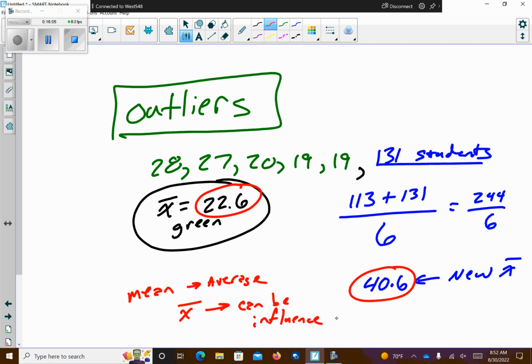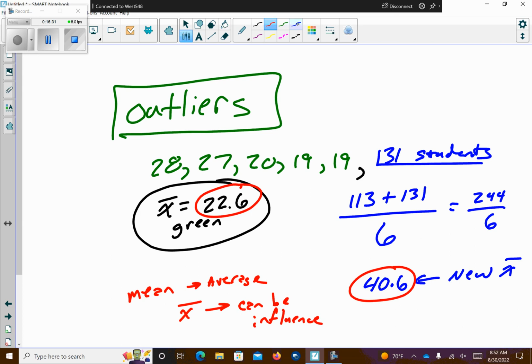So the mean is influenced by outliers. An outlier can also happen to the left of that data. If they came to me and say, hey, Chris Stirp, we need you to teach an 8th period class, and there's only one student in there, one student is far enough to the left that's going to be an outlier as well. Okay? So I just want you to think about that. So the mean can be influenced. Now,